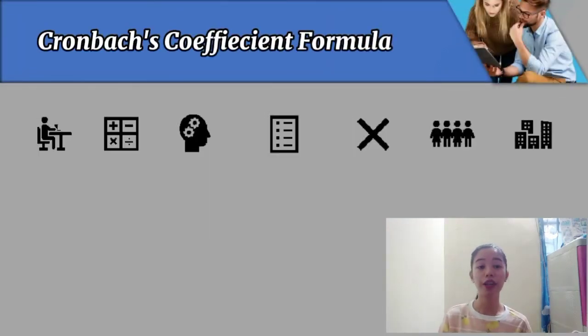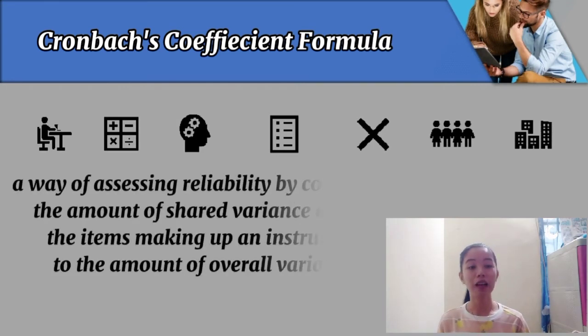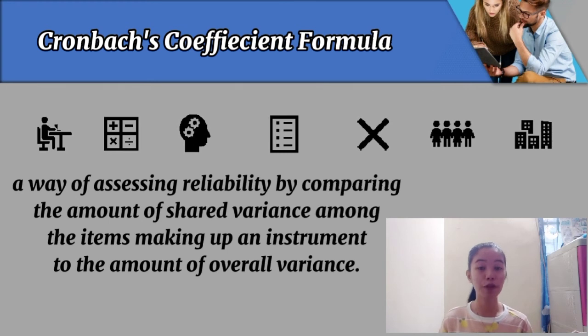We also have here the Cronbach's coefficient alpha. So Cronbach's alpha or coefficient alpha was developed by Lee Cronbach in 1951 to measure reliability or internal consistency. So it is used for items in which students are given points such as essay questions, or the dichotomous formula that is used for right or wrong answers.